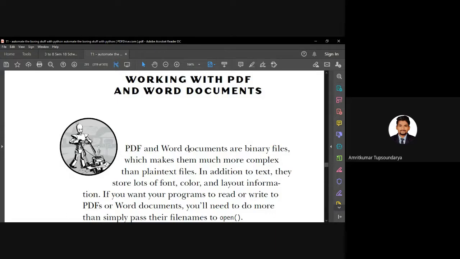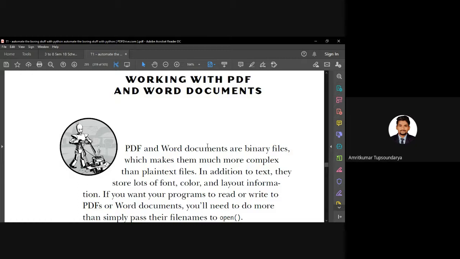The reason is that there are a lot of other complicated tasks we can do in a Word document and a PDF document than in normal text, for example, different fonts, colors or layouts, adding different borders, adding images in the document and so on. So that makes the PDF and the Word document a little more complicated than a normal text file, right?